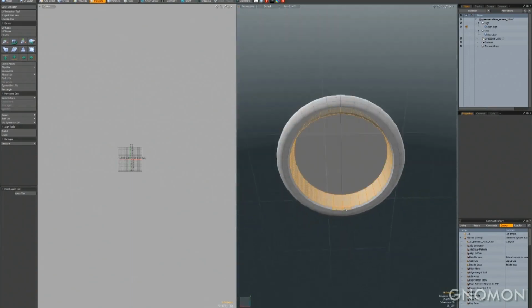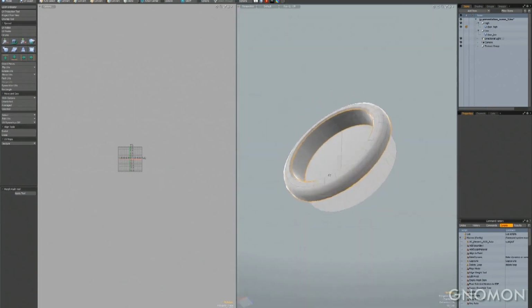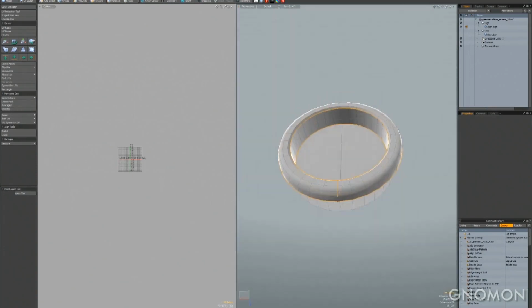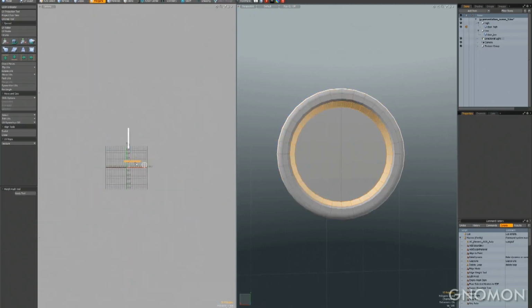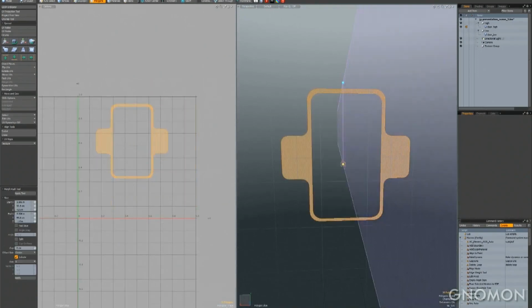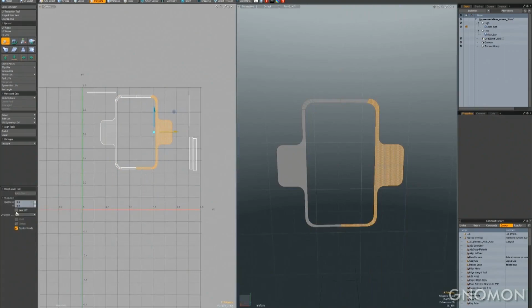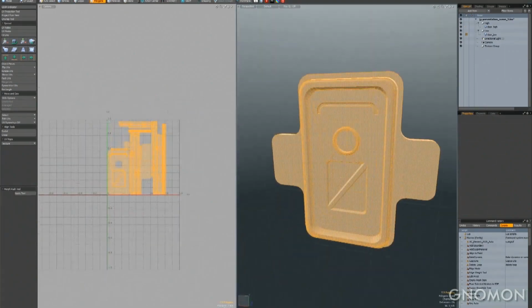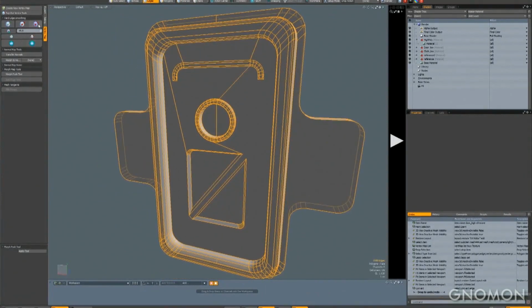Another really cool thing is you can use face selections to add to your edge selections. Something I'll do a lot is select a loop of faces, grow that selection, and then convert that to edges and keep adding edges on top of that, going back and forth between faces and edges. And that's it for the low poly UVs. I think I just split this in half to get a little bit more resolution out of this pack, and that's it. So we're going to step through the baking process now, which is also incredibly easy and super streamlined in Modo 10.